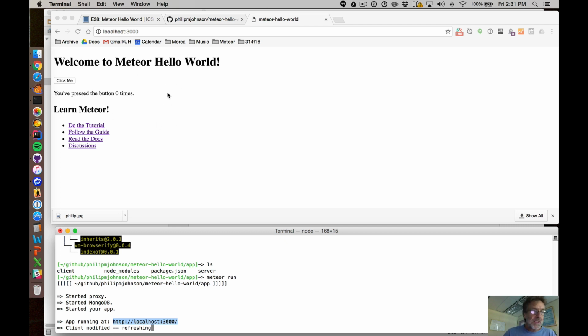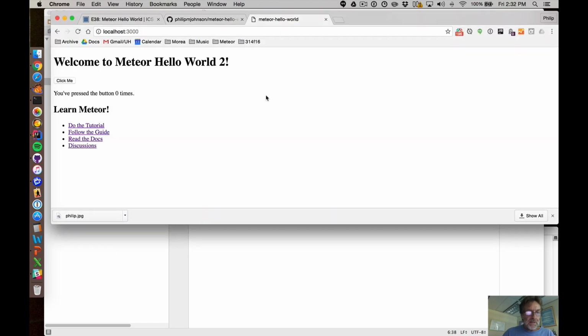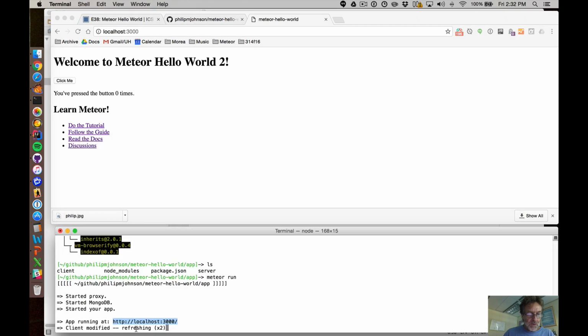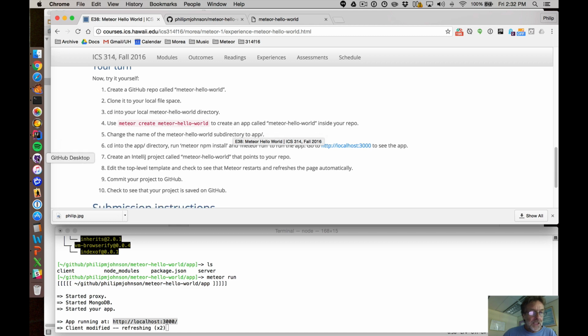So that's what's kind of cool about Meteor, is that once you've got things running, which admittedly can take a little bit, I'll save, move here, and you can see it's refreshed it again. So development after that initial build period is not bad. Okay, so let's commit our project to